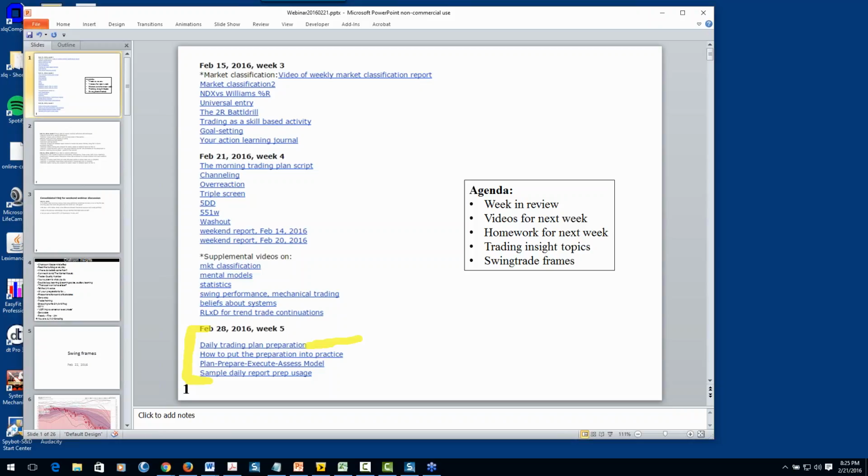And so that one shows you all the cognitive processing, the information management that I go through to go from the end of trading through a strategic review, and then systematic preparation and rehearsal, so that I have my mind ready to go when it comes time for execution. The second one, how to put the preparation into practice, is a discussion of organizing the trading day for execution. And then both of those taken together are